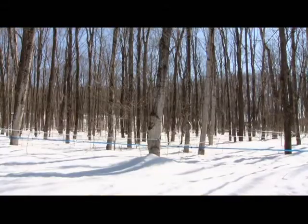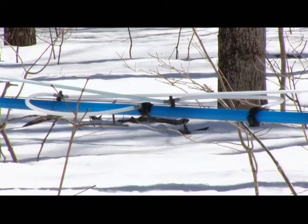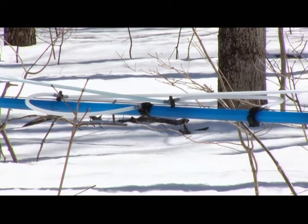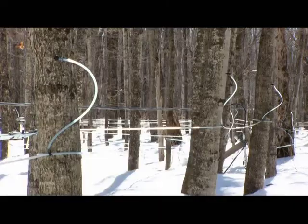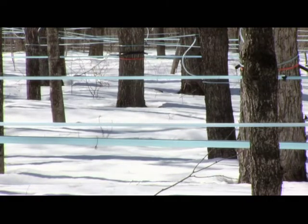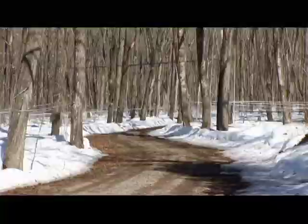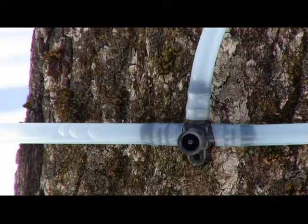We started in 1977. My father and I purchased the property from an existing sugar bush, which was about 2,500 taps, and we were partners for close to 25 years, and then he retired. We expanded to roughly 20,000 taps, which we are now, and we're located on 2 lots in Jocelyn Township. We have about 155 acres of maple, and we're tapping just about the full extent of the maple on this